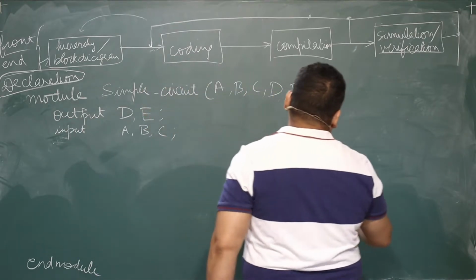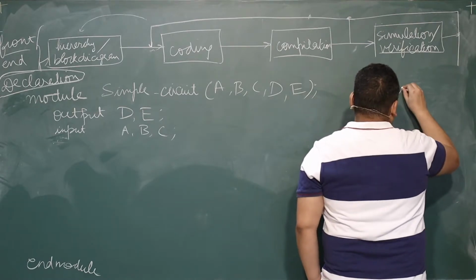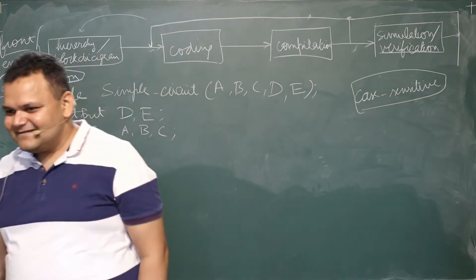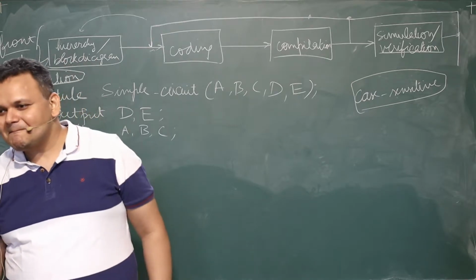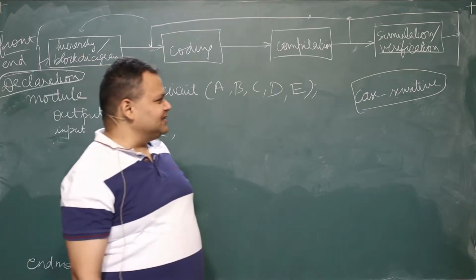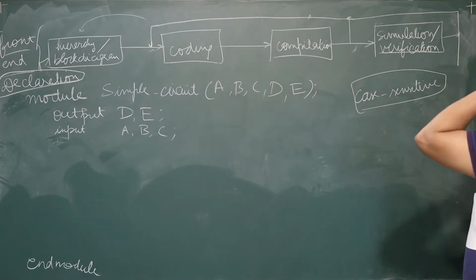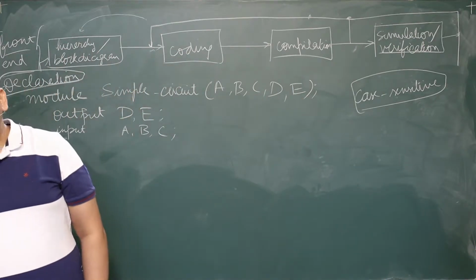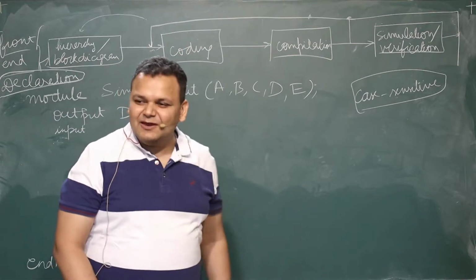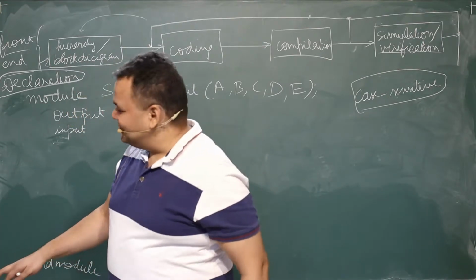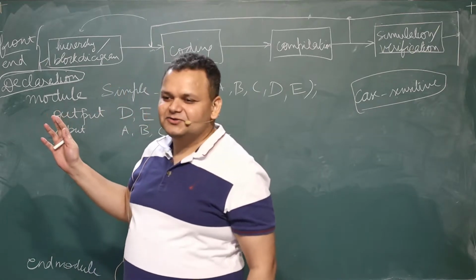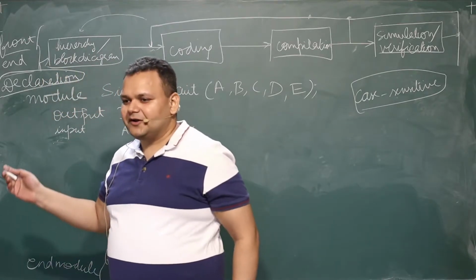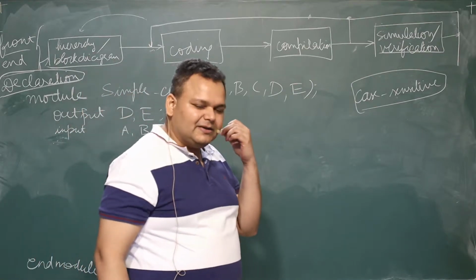And one more thing, Verilog is case sensitive. What is case sensitive? Anand Kumar, are you there? Yes, sir. What is case sensitive? Sir, if you write output with capital O and small o, both are different. Yes. I don't know of any keyword that is not in small letters. All the keywords are in small letters only. If you write it in capital, then it is not going to work. So your keywords should be in small letters. It is case sensitive, and your variable names are also case sensitive.